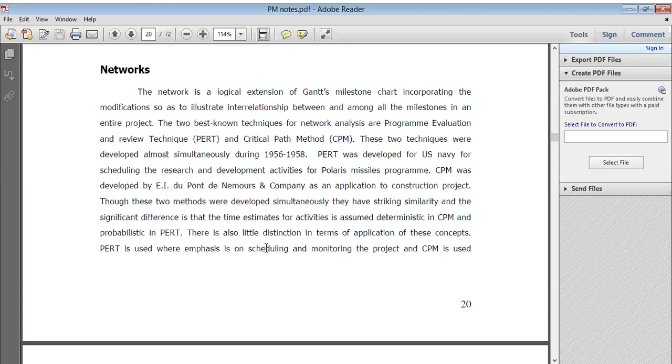The network is a logical extension of the Gantt milestone chart, incorporating modifications. Whatever modifications you require, you make them as per management or higher authority decisions. It illustrates the interrelationship between and among all the milestones in an entire project. The two best known techniques for network analysis are the Program Evaluation and Review Technique,